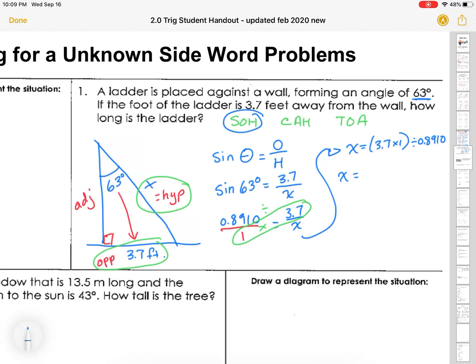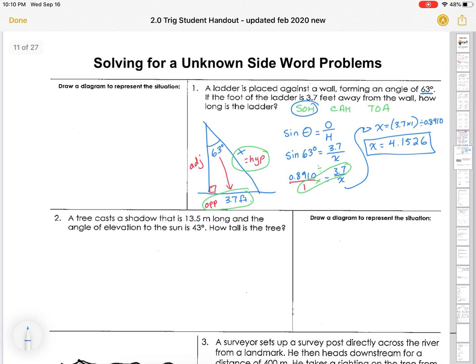0.8910. Well, 3.7 times 1 is 3.7. So then we divide by 0.8910. And we get x equals 4.1526. Alrighty? So don't let word problems scare you. Just try them out and draw the picture. The hard part is drawing the picture once you